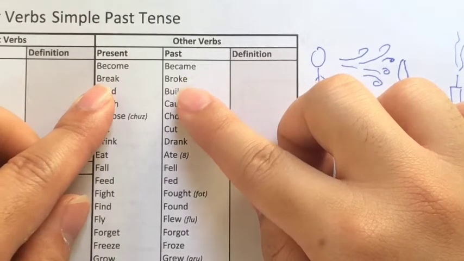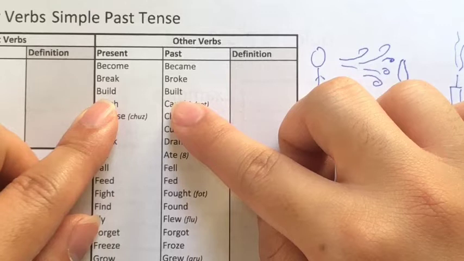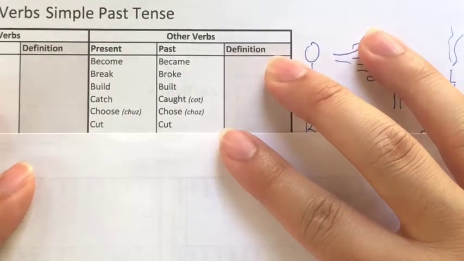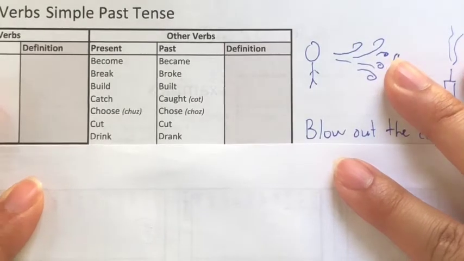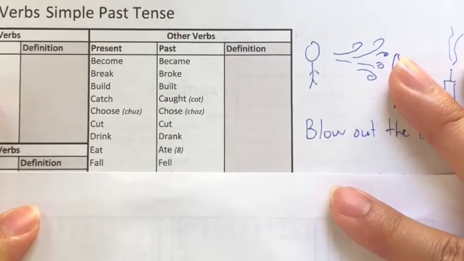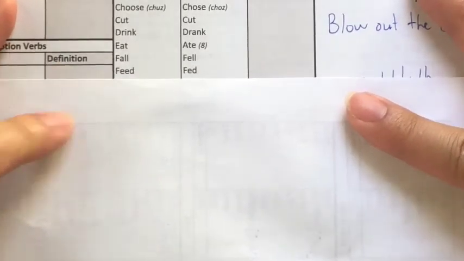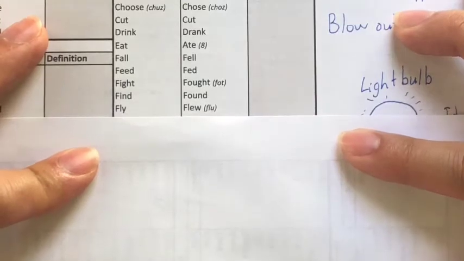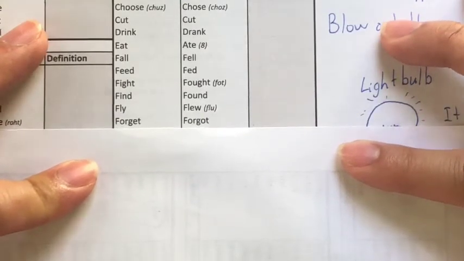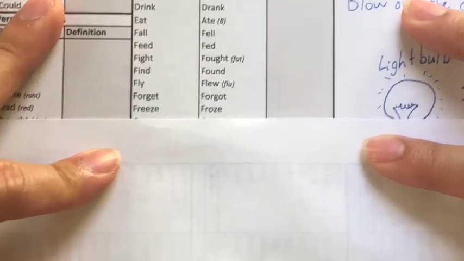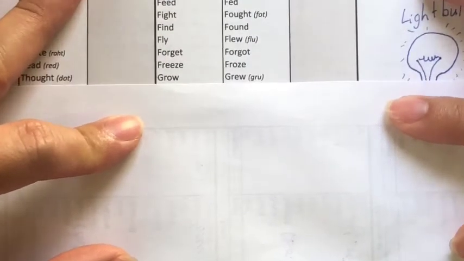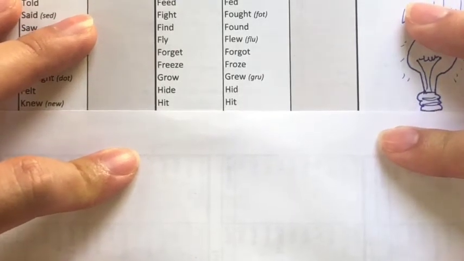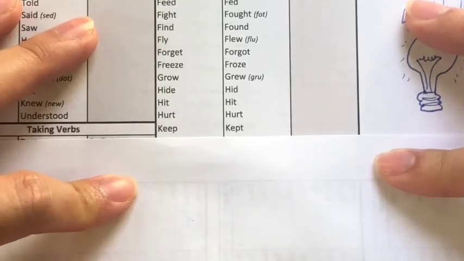Become, became, break, broke, build, built, catch, caught, choose, chose, cut, cut, drink, drank, eat, ate, fall, fell, feed, fed, fight, fought, find, found, fly, flew, forget, forgot, freeze, froze, grow, grew, hide, hid, hit, hit, hurt, hurt, keep, kept,